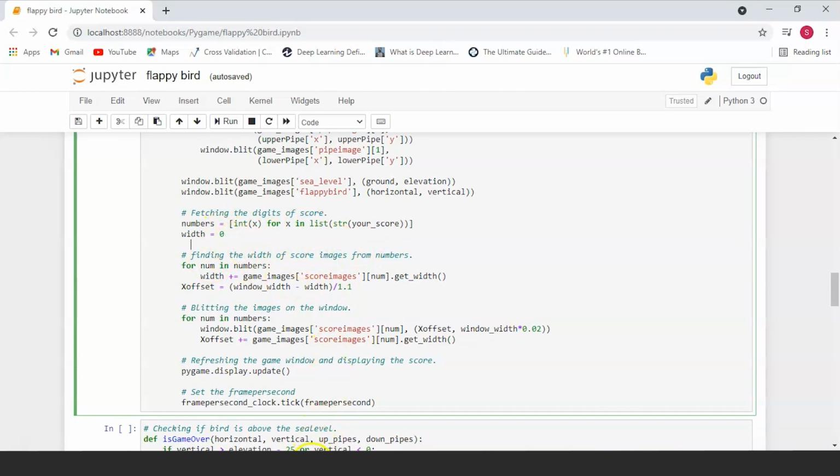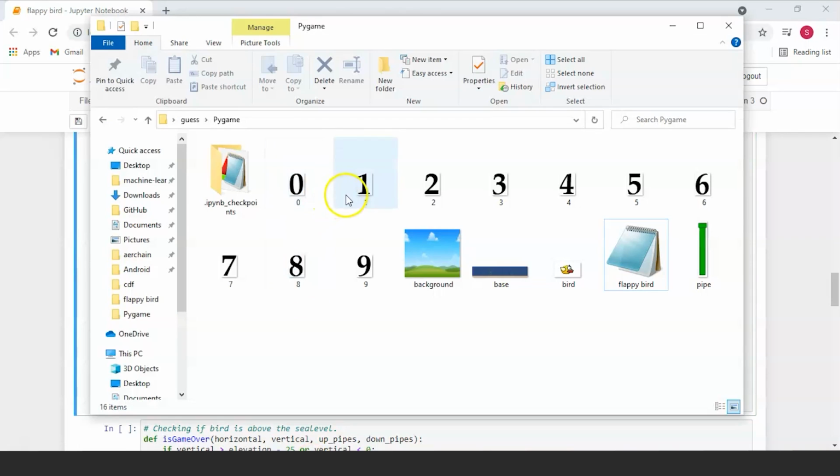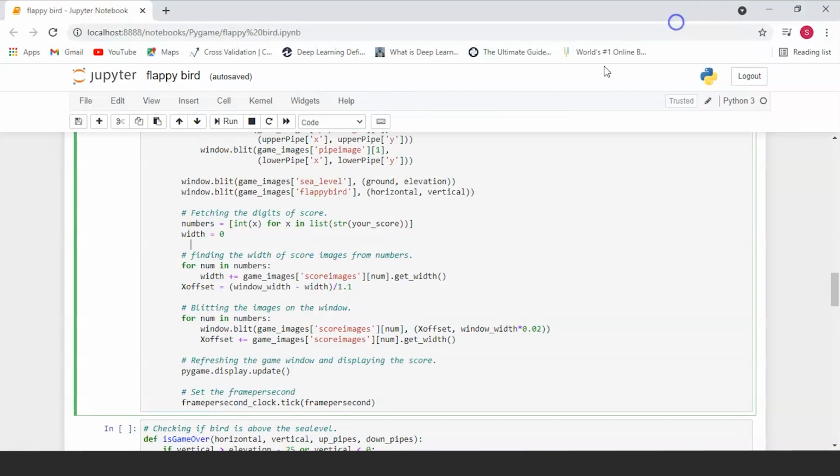So the digits, again, all of the images have already been included in our Flappy Bird folder, and all you have to do is display them onto the screen. To do this, all that we have to do is loop through our numbers list and display the scoreboard images on the side of our window. And this is the position at which they'll be displayed.